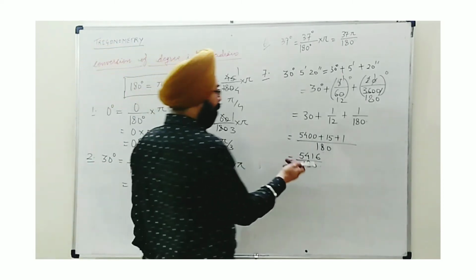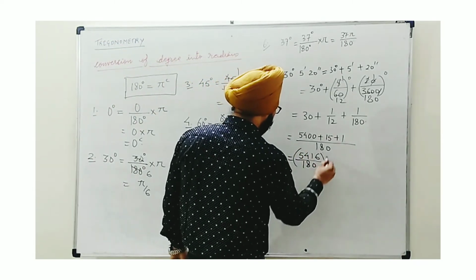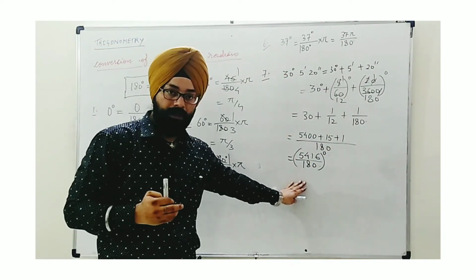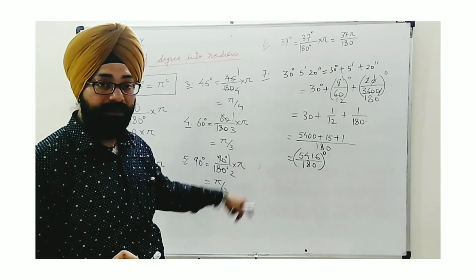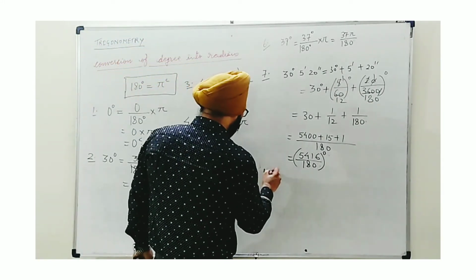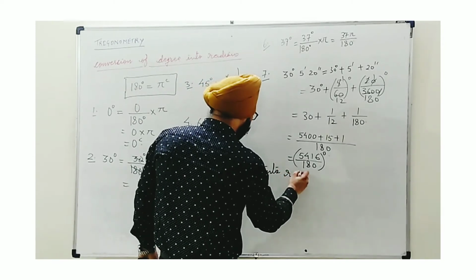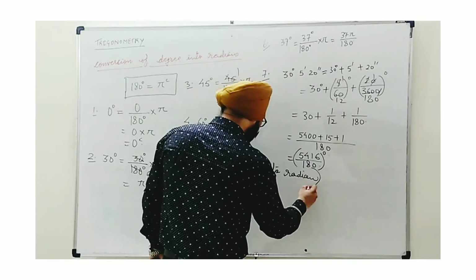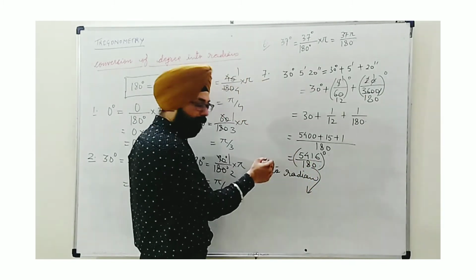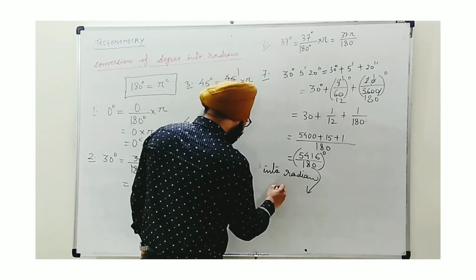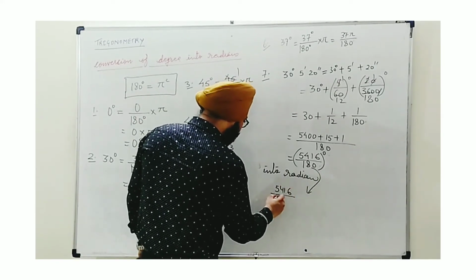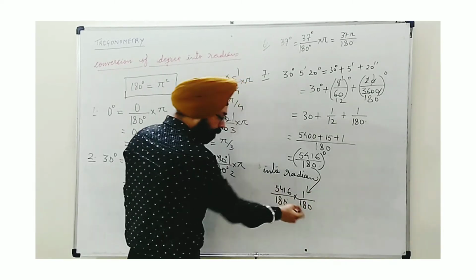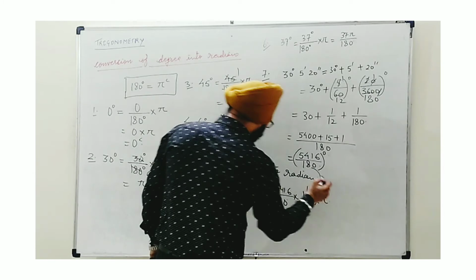Now, by the way, our main purpose is not this fraction. Okay, we get one complete value for this given angle, it's in degree. Now same theory will be applied. We need to convert this in radian. So to convert into radian, what we do? We have to divide this by 180. So as I see this is a fraction, we can divide this as 5416 upon 180. Divide means we can write 1 upon 180. Division by 180 and multiply by pi.